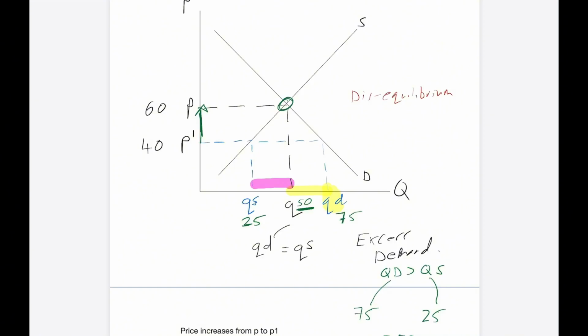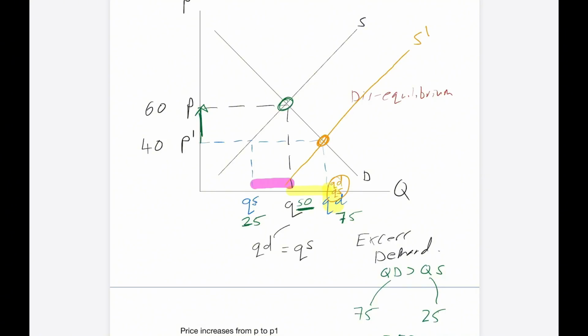Alternatively, firms could decide to increase supply. They can increase supply from S to S1. And then there's a new equilibrium point here where the quantity demanded and quantity supplied will be at the same point again. So therefore, the market is restored to equilibrium. Now, firms can increase supply by buying more factors of production in order to produce more products,